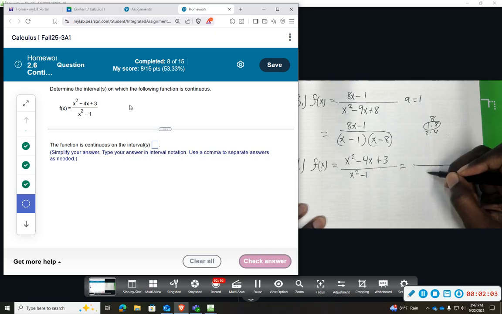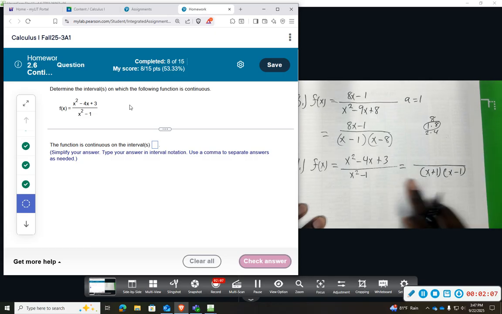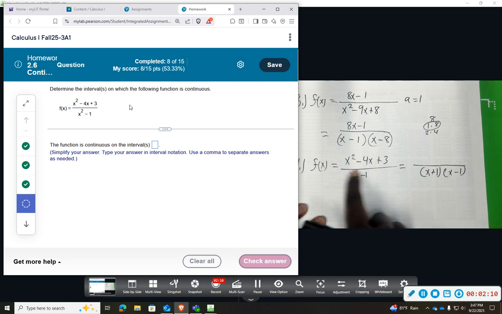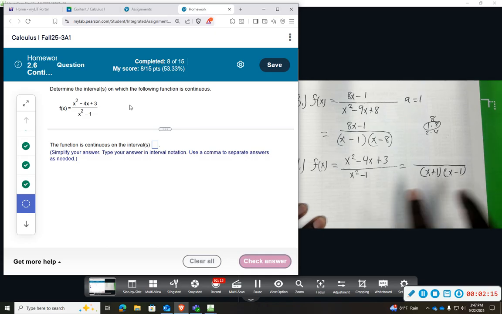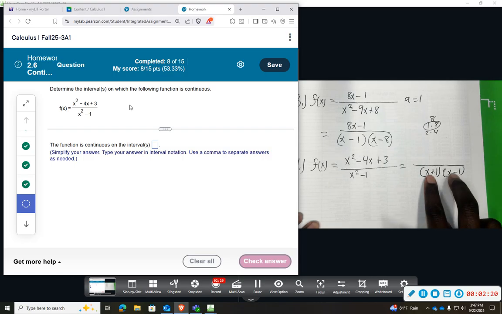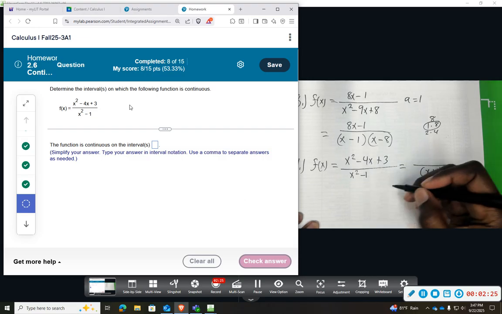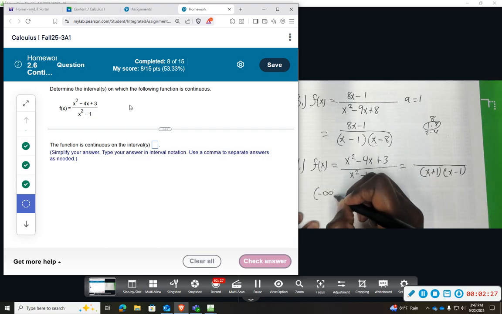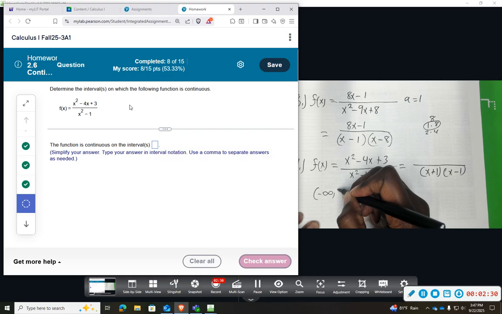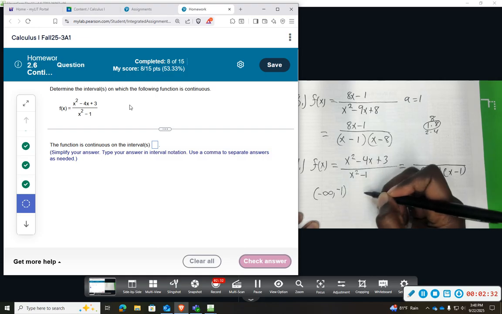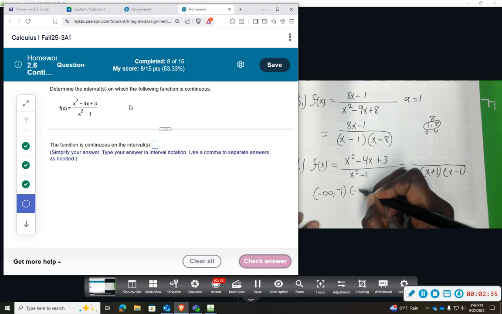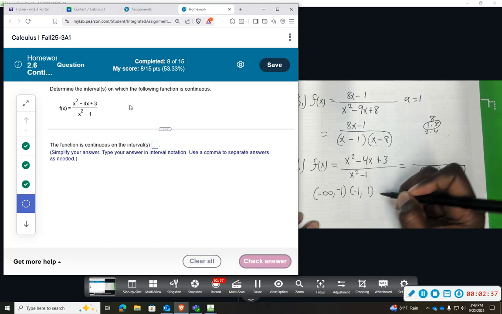So just focusing on the bottom, x plus 1, x minus 1. So we get 2 values, and even if the top factored out, they didn't want to know if it's a hole or an asymptote or anything. They just want to know where is the function continuous. And so we would have to remove 2 points, -1 and +1, and that will give us the interval negative infinity up to -1, and then we will go on the other side, -1 to +1,